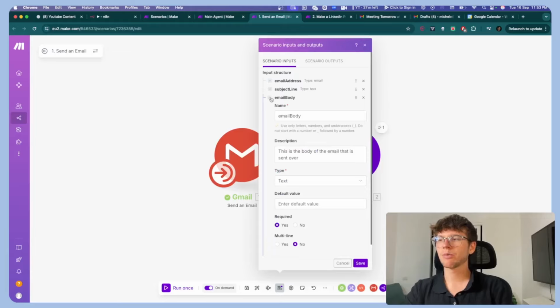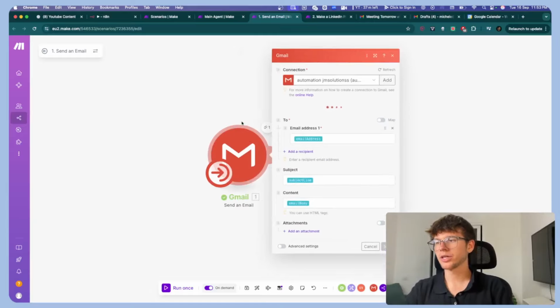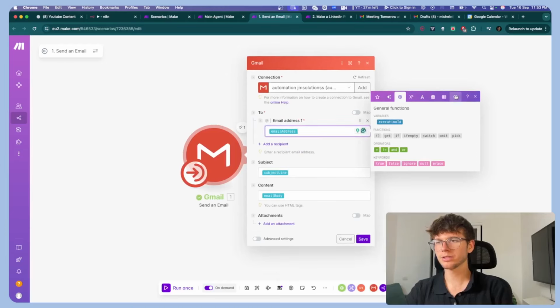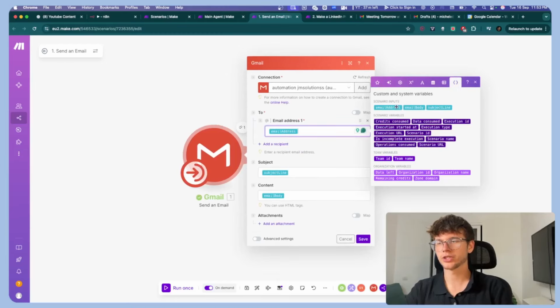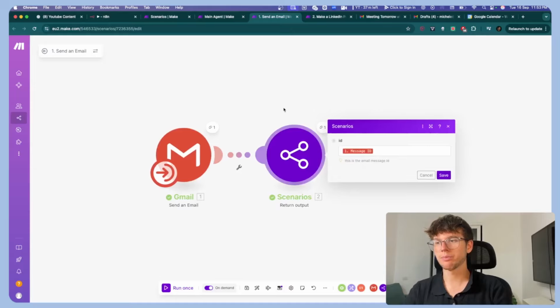Because now the AI will know exactly what kind of inputs it needs to give to this workflow right here, to this automation, in order to actually do its thing. And so here, when we set the inputs, then we have them listed here. We can just drag it across. And this is something dynamic because it changes every single time, because AI is the one that decides what goes in here. And once this is done, then we can go here to this return output,